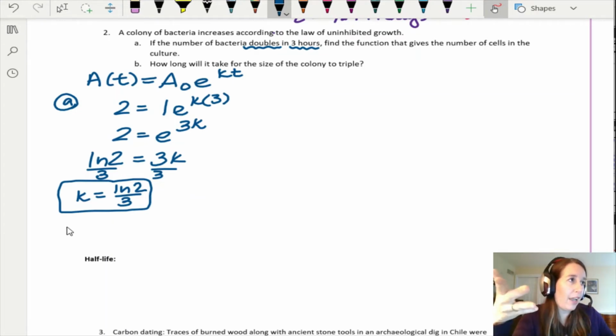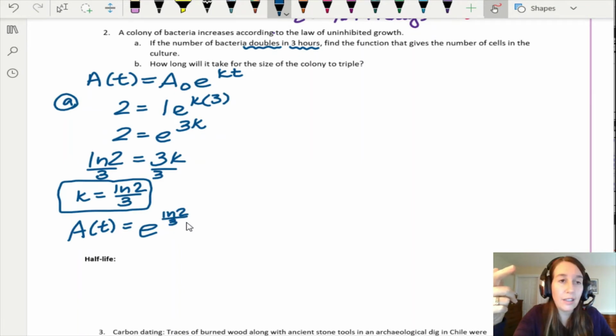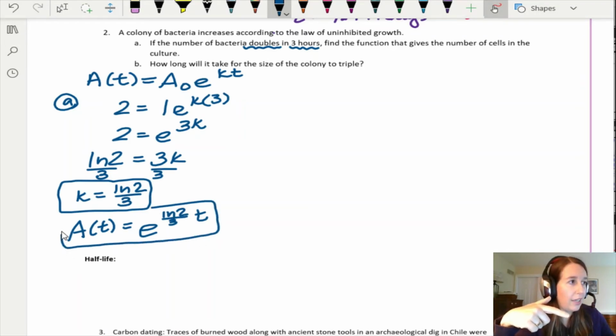Okay, so for part A, we just want the equation. So that's A of t equals our A naught. We can leave that as 1. Okay, it doesn't actually matter what that initial value is. And if it does matter, they'll tell you what it is. Okay, so that's 1 e to the natural log of 2 over 3 times t. Okay, this is our function in terms of t. So all we're really doing is solving for k and then plugging it into the original equation. Okay. All right, so part B